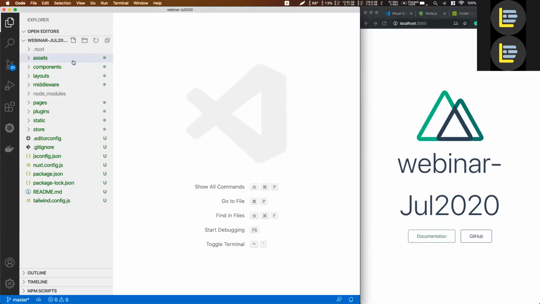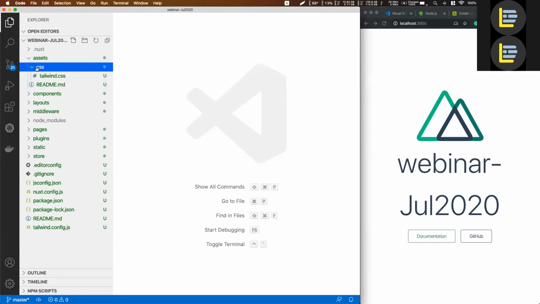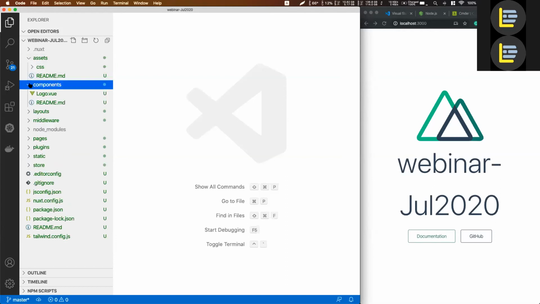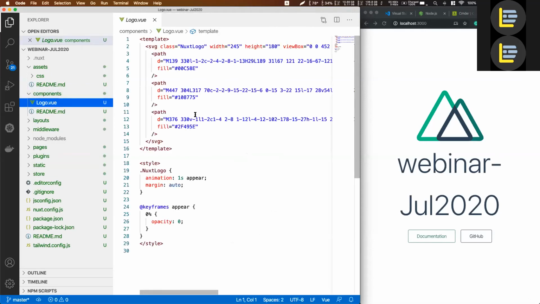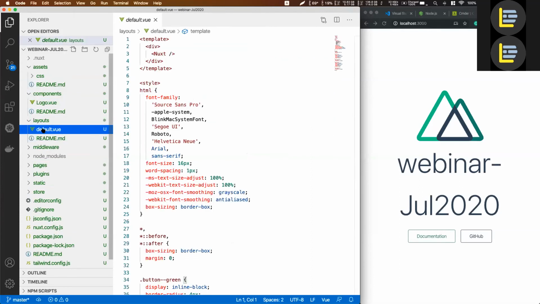The assets folder is where we place our CSS, JavaScript, or third-party library files. The second one, components, is where we place all the components, such as text boxes, logos, and buttons. We create components inside the web application and place them here for future reuse. And then layouts is where we define